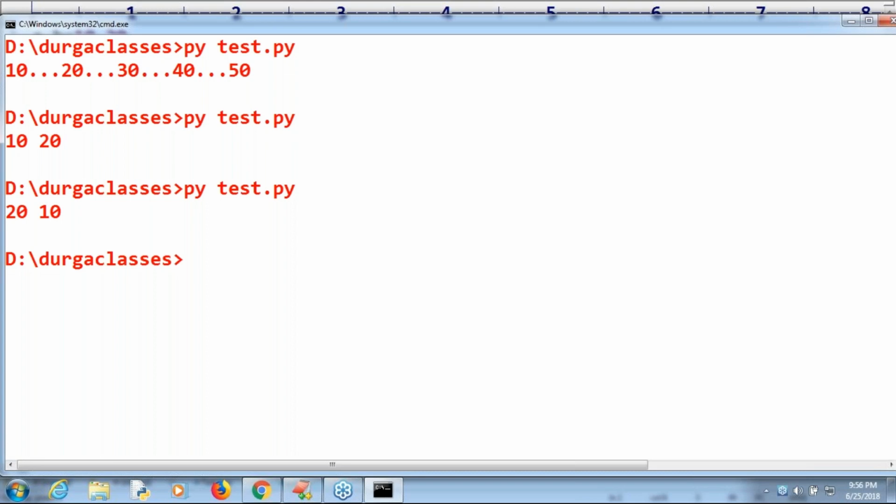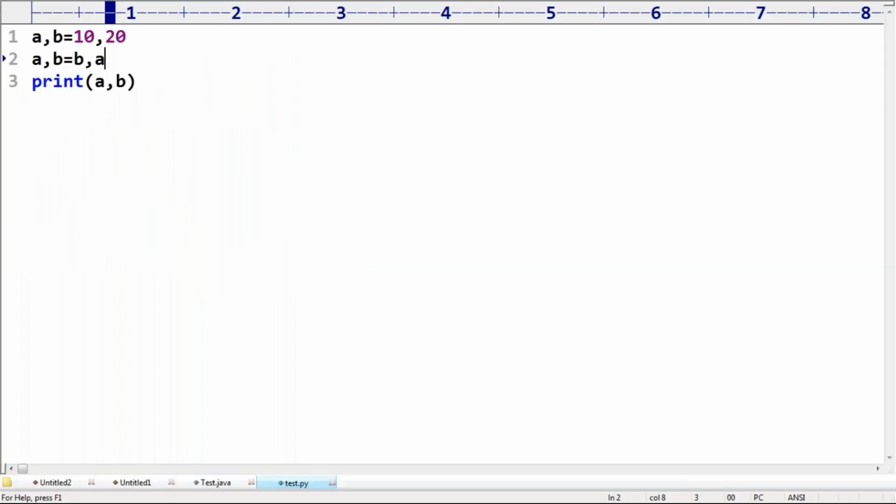How much code do we require to write? Are you able to understand? So Python is that powerful with respect to conciseness. That's why you can happily learn it. To learn Python, nothing is required. No previous programming knowledge is required. If you want a first programming language, the best choice these days is Python. If you want to start your programming, Python is the best choice.